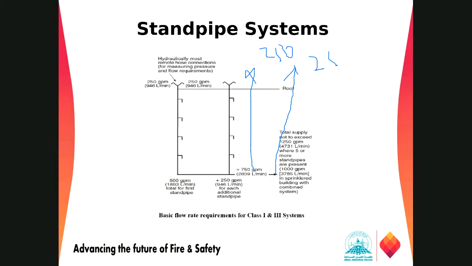So if your building is not protected with a sprinkler system, we need 1250 GPM. But if we have a sprinkler system, we only have to go up to a maximum of 1000 GPM. So it is based on the type of system, whether it is with a sprinkler system or without a sprinkler system. And then look for the various pressure requirements. We said that if it is a high-rise building, we need a PRV because there is high pressure. So for all those requirements for the standpipe system plan, we have to follow NFPA 14 and other requirements of the IBC, IFC, or local code jurisdictions.